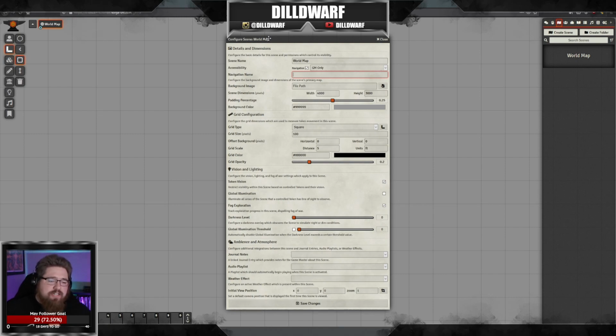So I downloaded Foundry. I got a little overwhelmed to start because Foundry is a little more complicated than Roll20 is, especially since it requires you to host it. You have to host it yourself on a computer, which requires some hosting knowledge, and not a lot of people know how to do that. Then you can either do it on your home computer or you can rent a server. But then I use the website